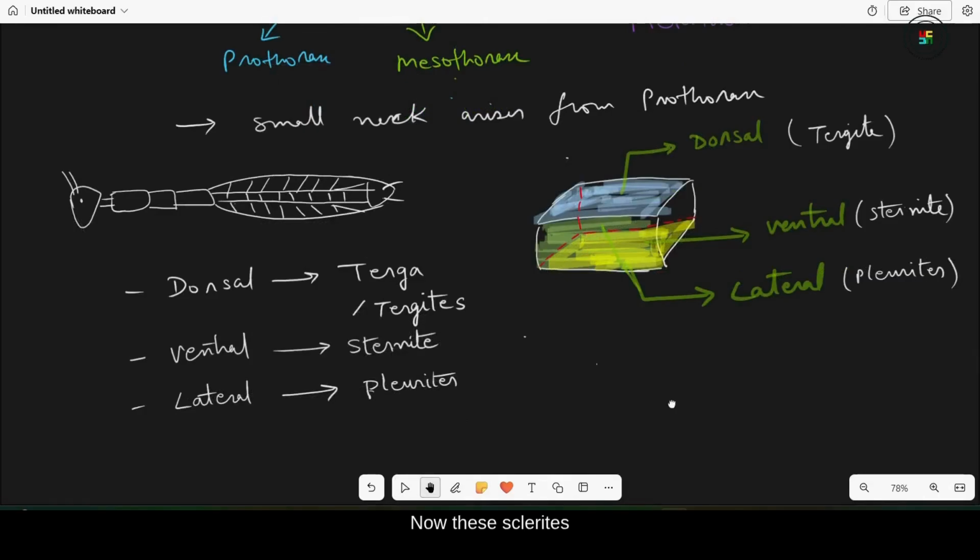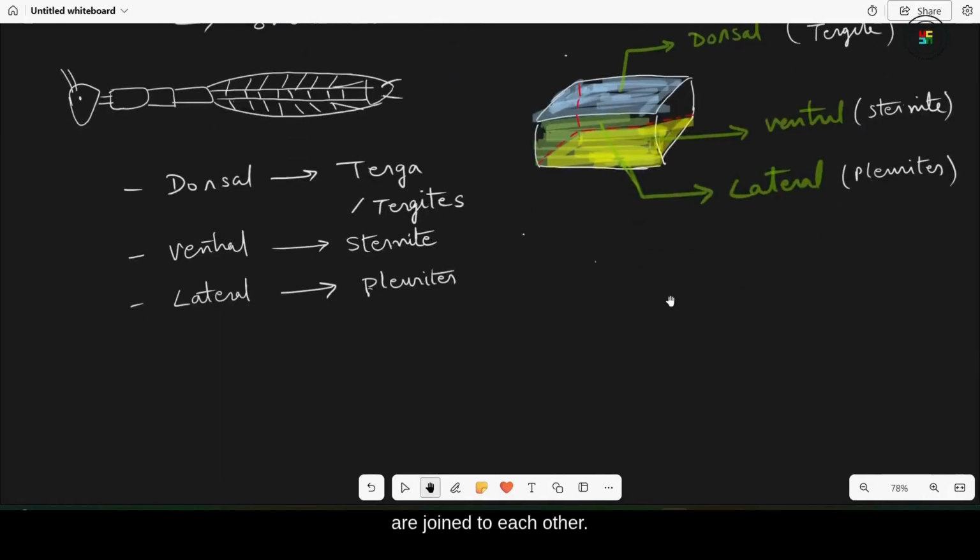Now these sclerites are joined to each other. Sclerites joined to each other and to the